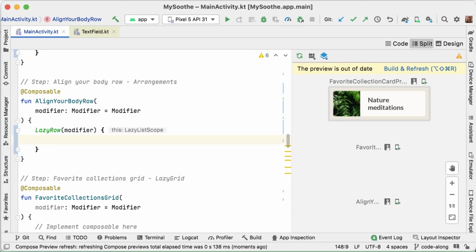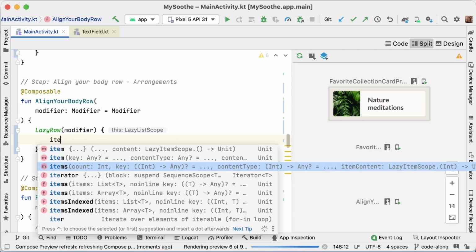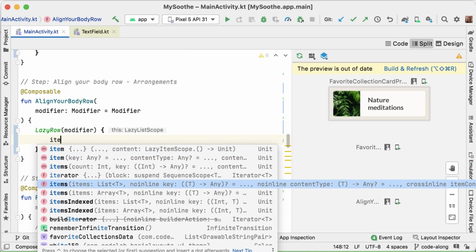But then inside, we're not going to be calling our composables directly. Instead, we will be using the lazy list DSL, and that has methods such as item or items. And with those, we can actually emit only the elements that are shown at a certain moment on screen, which makes this a very strong way to deal with long lists of elements.